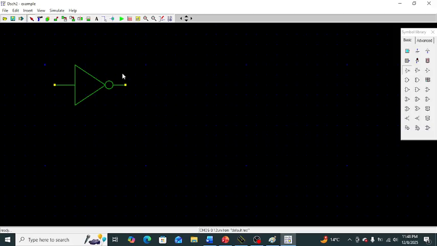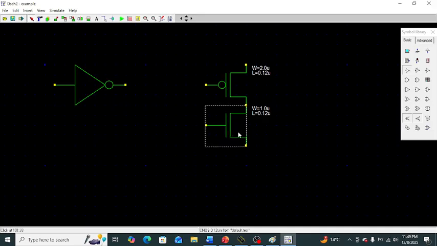How can it be designed using the CMOS logic family? For this we take one PMOS and one NMOS. After connecting these two, the PMOS gate terminal is connected with the NMOS gate terminal, and this is directly connected to our input terminal.